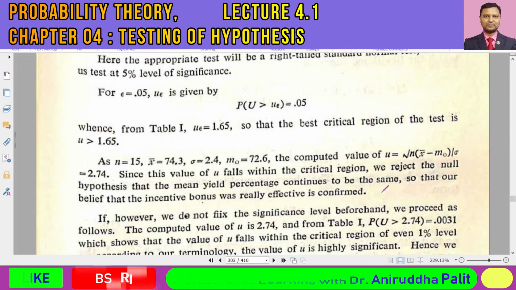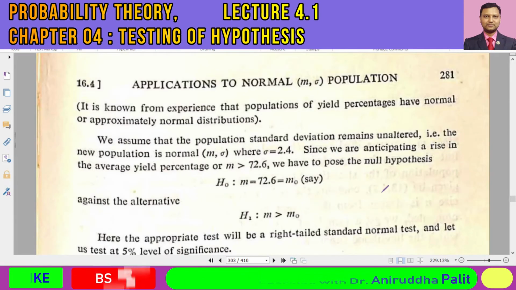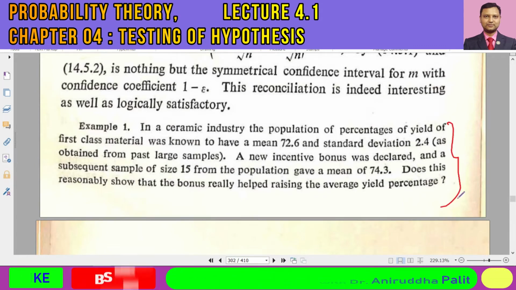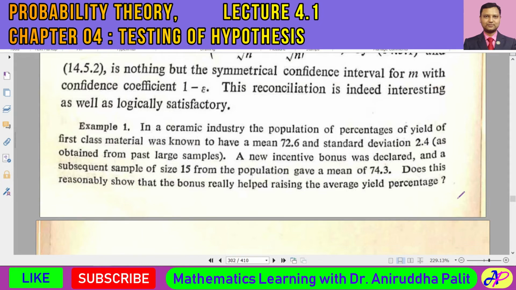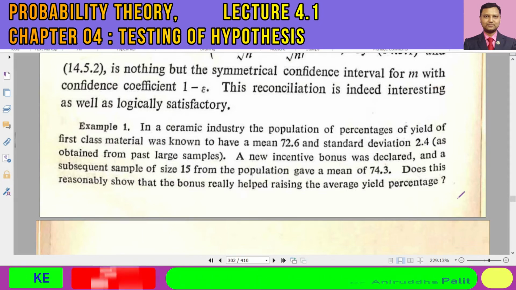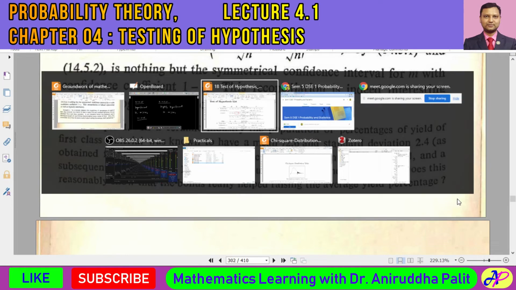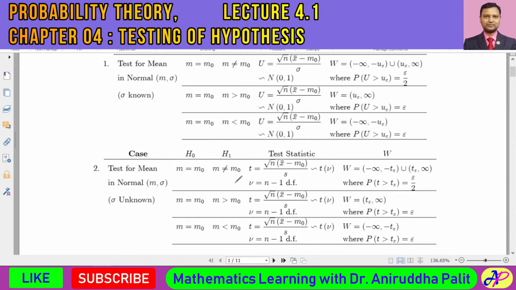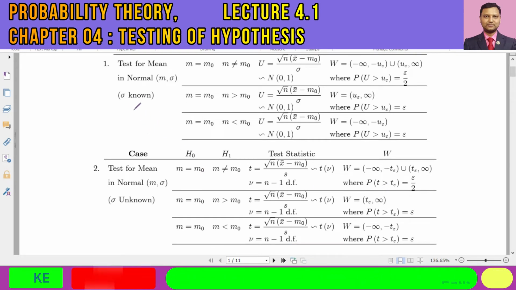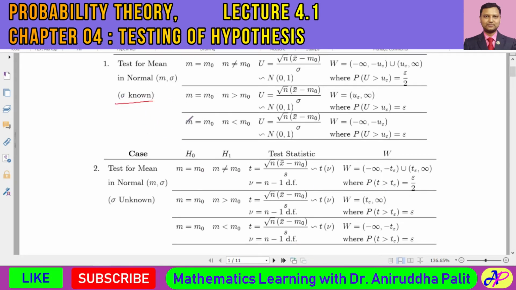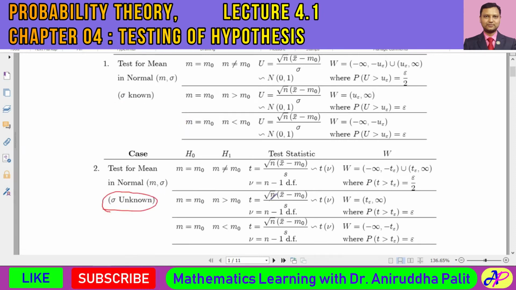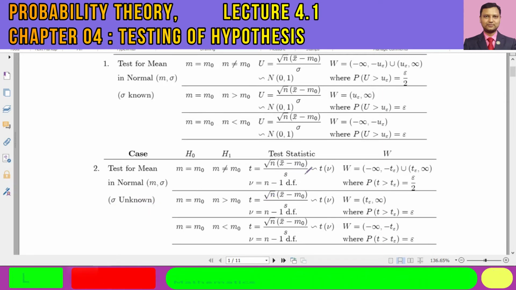Now I am going to discuss a few other cases just by changing this same example. I shall make some changes in this example, and I shall try to demonstrate the other cases. What are the other cases over here? By other cases I mean the case where sigma is an unknown quantity. Over here you see the value of this sigma was provided. Now we are considering the case when this sigma is unknown, and if sigma is unknown, in that case